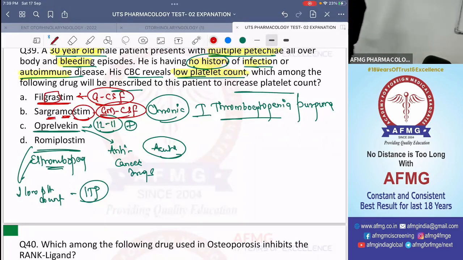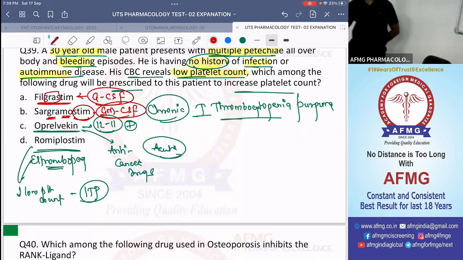जब तुम chemotherapy देते हो किसी patient को, the bone marrow of that patient is suppressed. One of the most common side effects of anti-cancer drugs. We have discussed already anti-cancer. ठीक है? तो उसमें usually there can be neutropenia or leukopenia which is seen. तो अगर बस neutropenia you can give filgrastim. अगर बहुत सारे और भी leukocytes are suppressed, then you can give sargramostim. अगर platelet count कम हो जाती है because megakaryocytes are suppressed, then you can give oprelvekin. And if there is ITP in the patient और उसकी वजह से low platelet count है, you can give either romiflostim or eltrombopag. And definitely bone marrow suppression हो रहा है, leukocytes हो गए, platelets हो गए, और तीसरा क्या